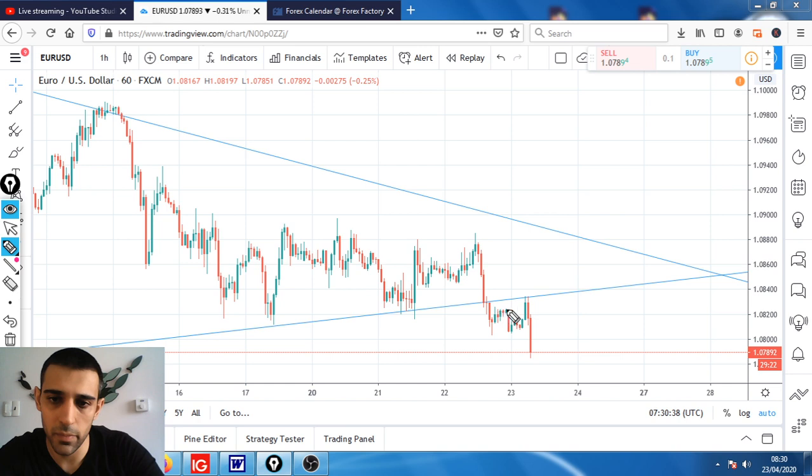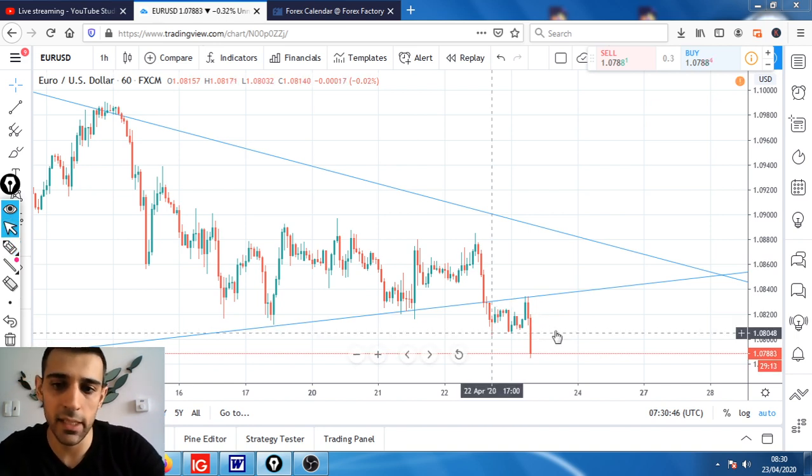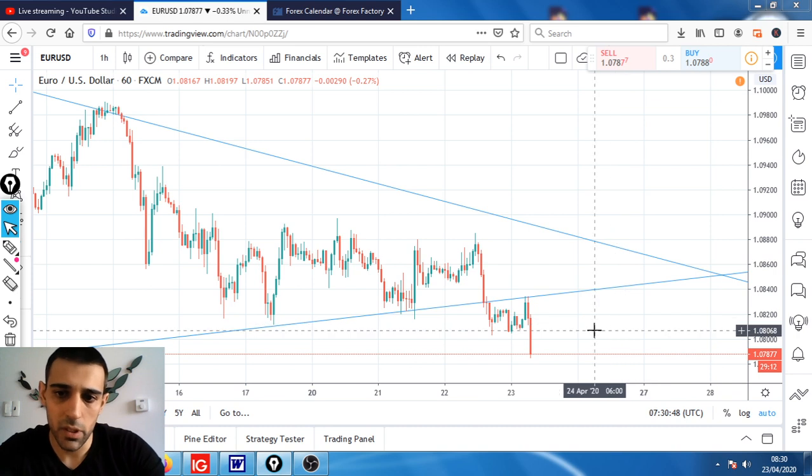Definitely we need 25 because we want to position our stop loss somewhere up here. I know we got this high here, but if the price comes up that high, then again I'm not interested in the trade. As simple as that. So 25 pip stop loss. The entry is at